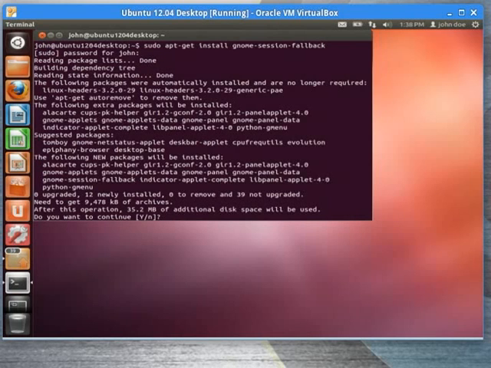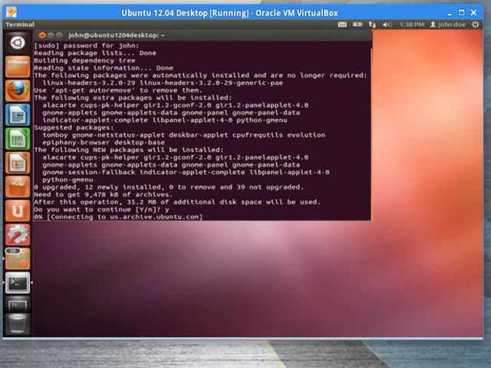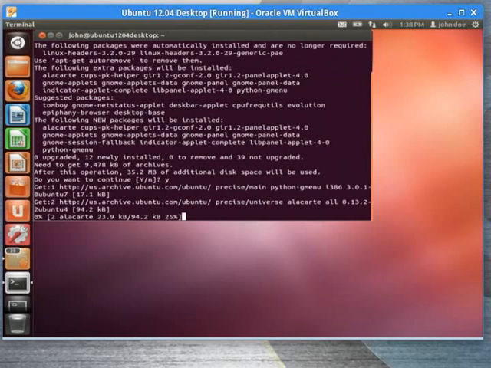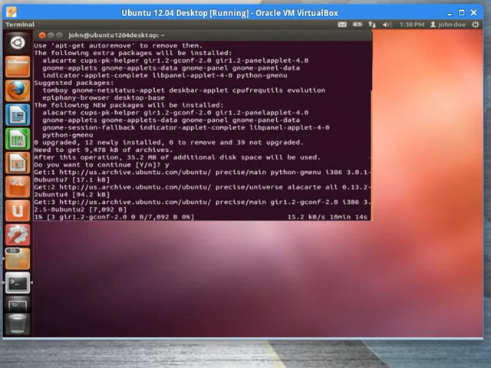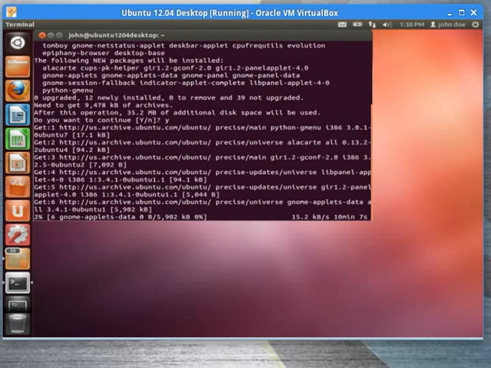We could also do this through the Software Center. I'll show you that in a second. But I prefer this. This is kind of quick. This will give us the good old GNOME desktop as a fallback in case we're having trouble with Unity,